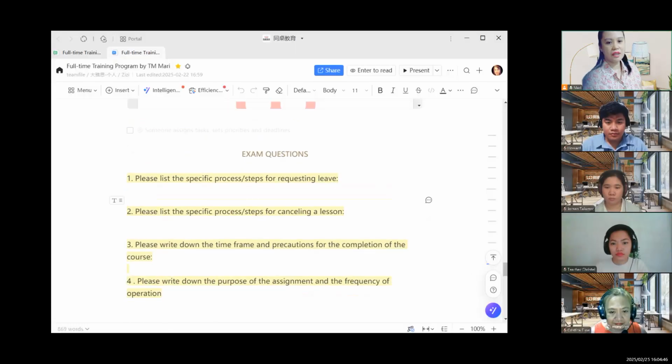Okay, the first one that we will talk about is to list the specific process or steps for requesting a leave. So, Teacher Christina, do you know how to file a leave already from, let's say, itongzuo.com?